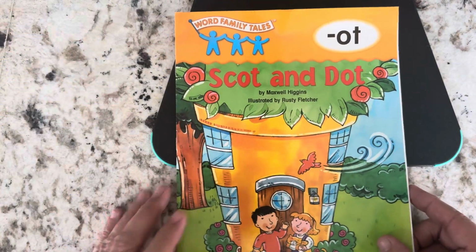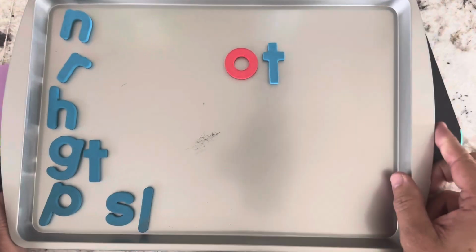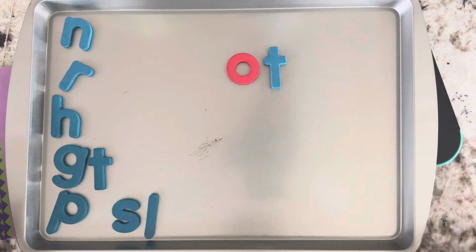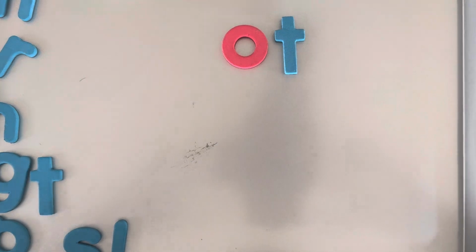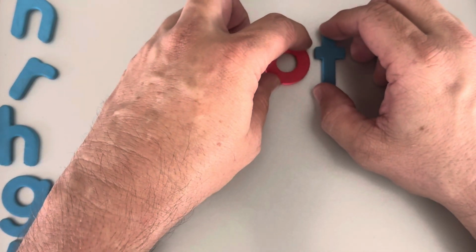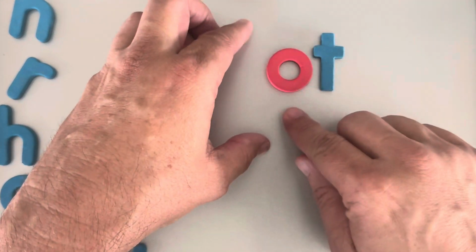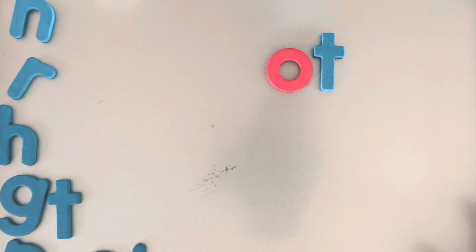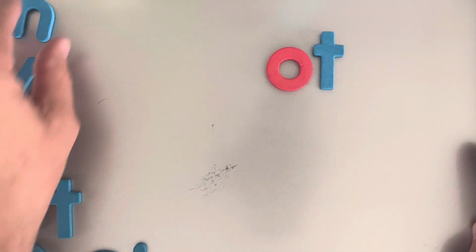Ought. Now we're going to use our cookie tray and we are going to make words in the ought family, and we are going to use onset and rime. This is the rime. The rime is ought. And we're going to bring different letters to the front of the word, and that's called the onset. We're going to start by making the word